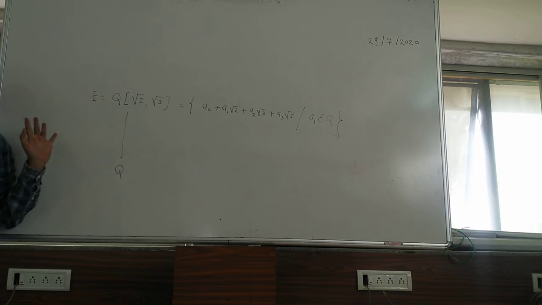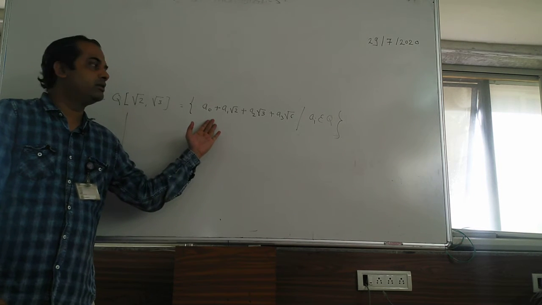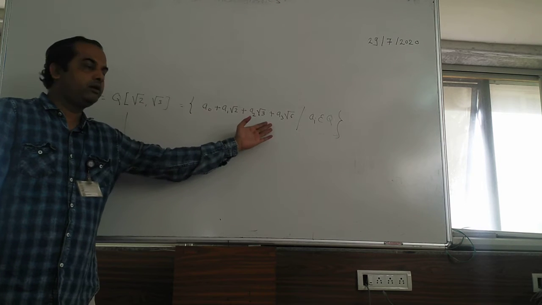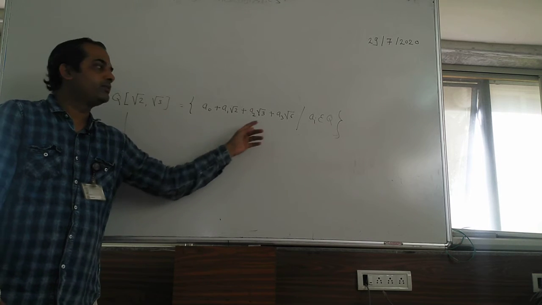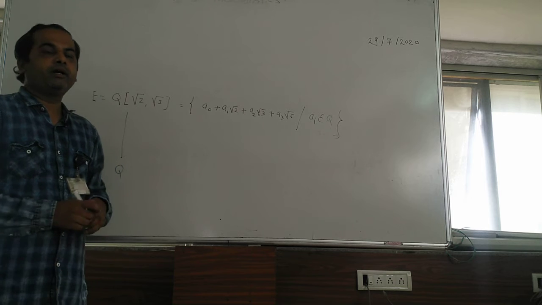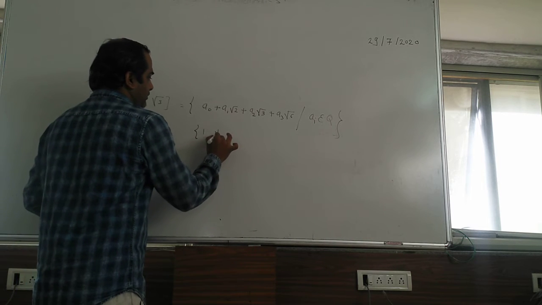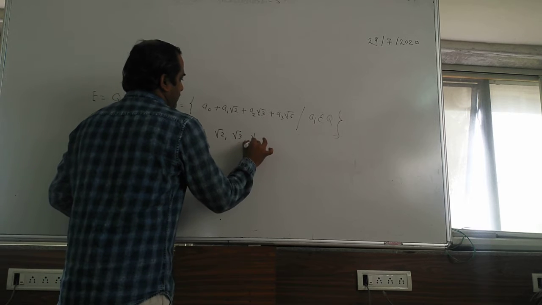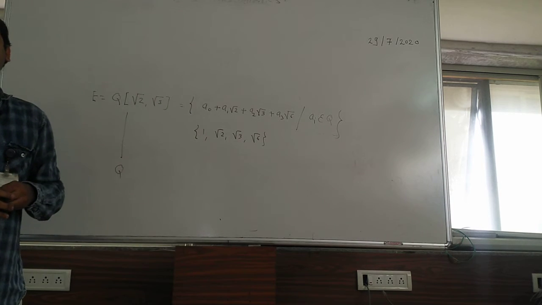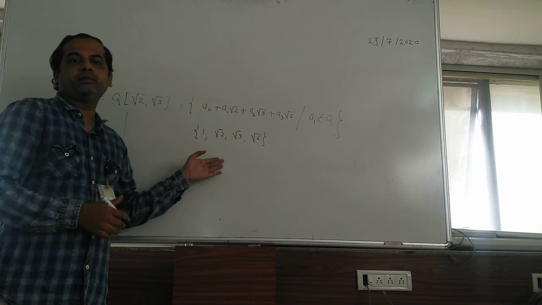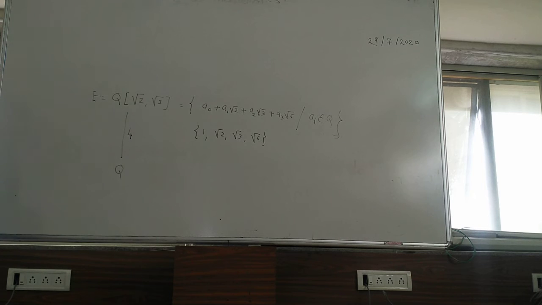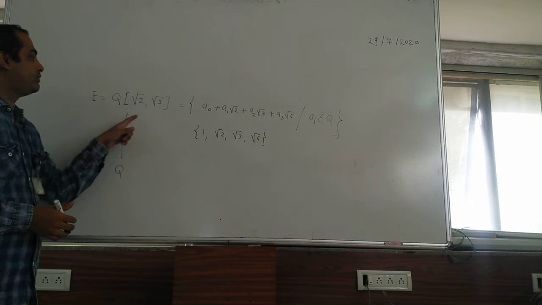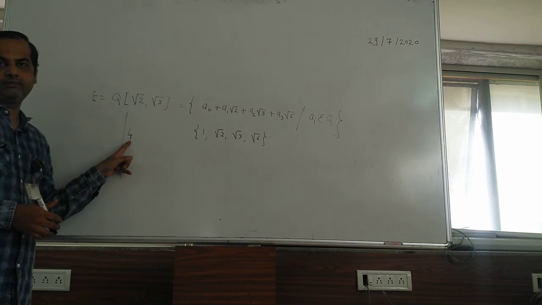How to find the degree of extension? We will see. Over Q, that is again the dimension. Now every element of this field is of this form where ai is rational. So what elements are required? Only 1, root 2, root 3, root 6. Four elements are required. So the generators or basis contain 4 elements, so the degree of extension is 4. So the degree of extension of Q root 2 comma root 3 over Q is 4.